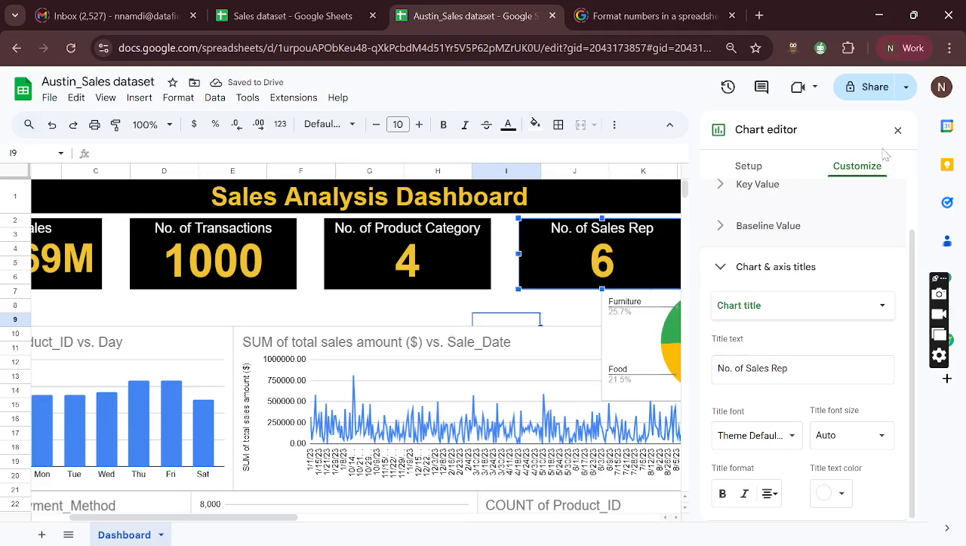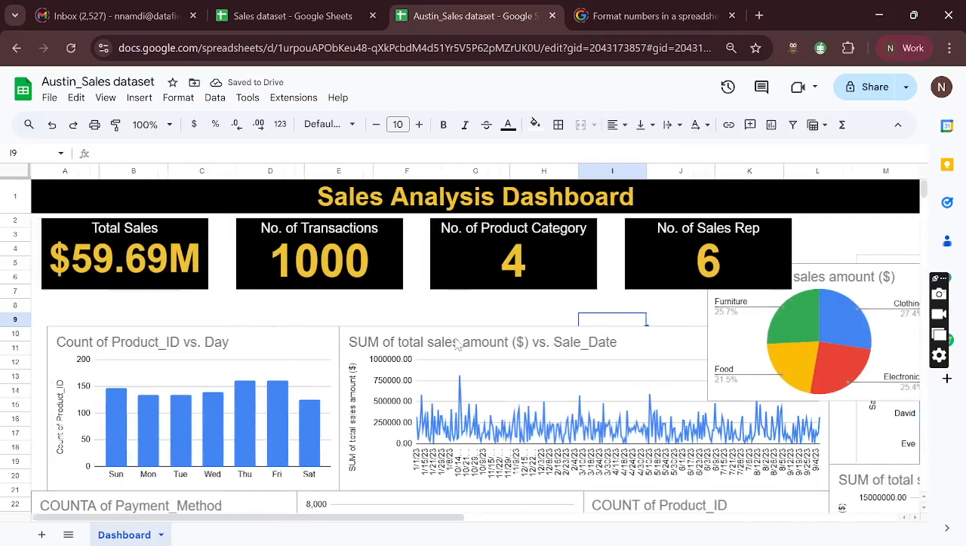So we have done a fantastic job. Can you see how our chart, our dashboard is coming out nicely? It's coming out very, very nice. Okay, so far so good. We can go to the